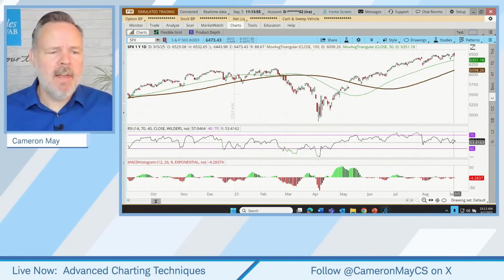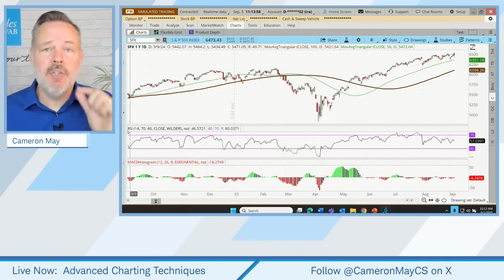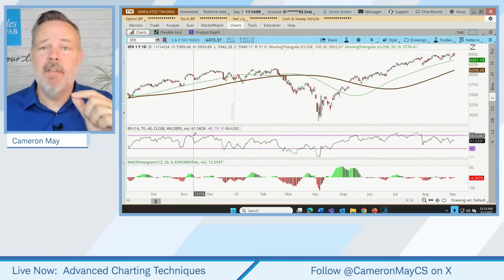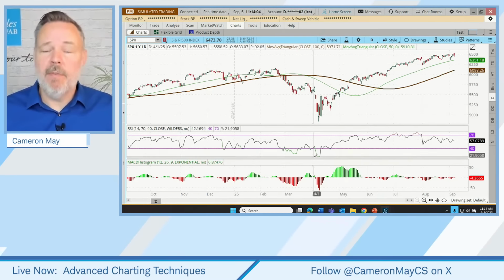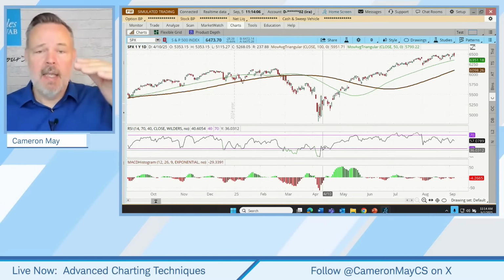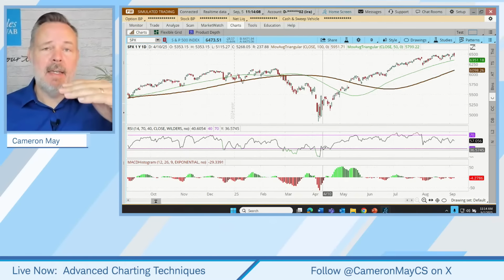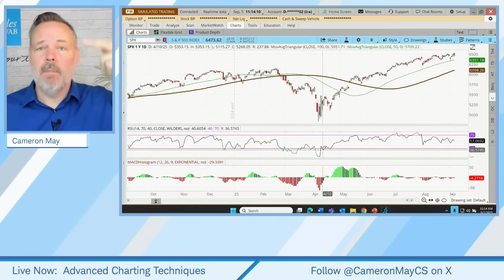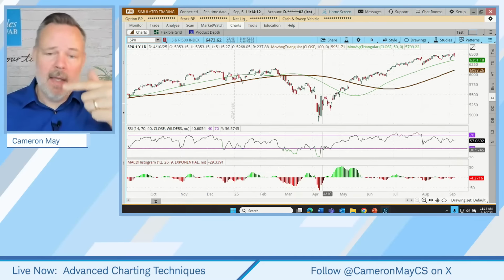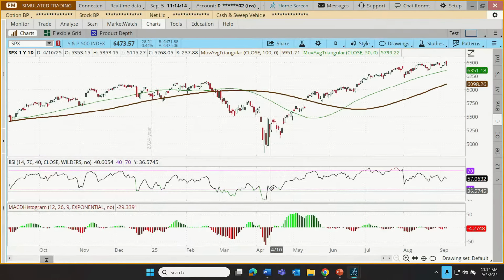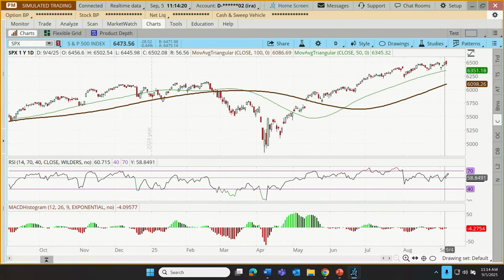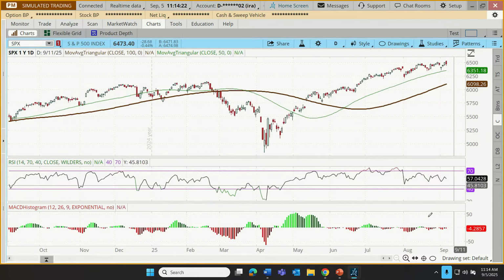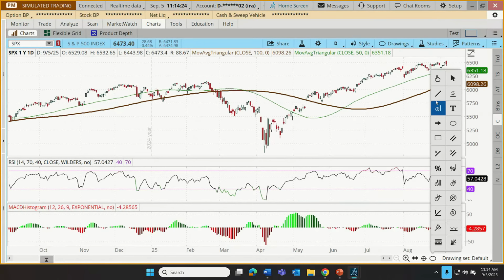Our RSI, which is sometimes used as a short-term indication of value. When RSI gets really low, down below 40 in a nice upward trend, that may indicate that a stock or an index has pulled down and maybe is hitting cyclical short-term lows. Now, this is not below 40, but it is interesting.